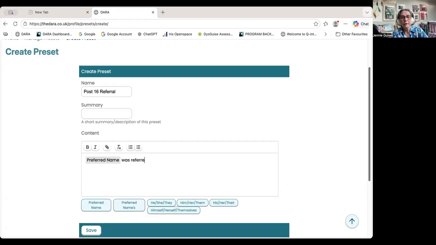was, and I'll just put that because I can fill that in later. And then I might want to put something like he or she or they. So I'm going to pick that because it's starting a sentence. He, she, they